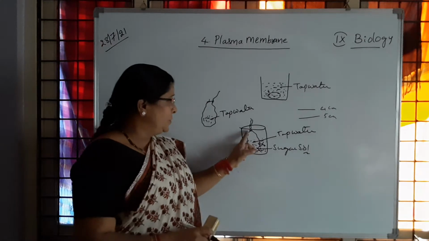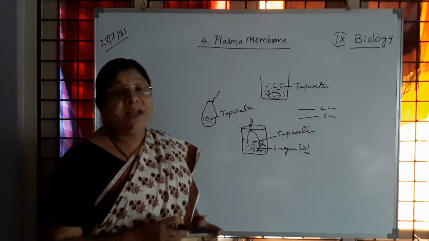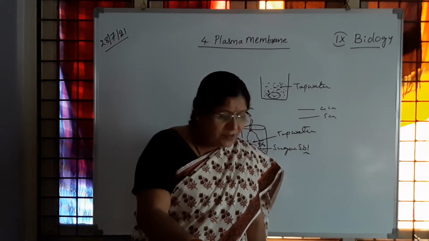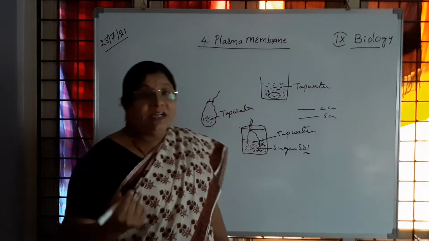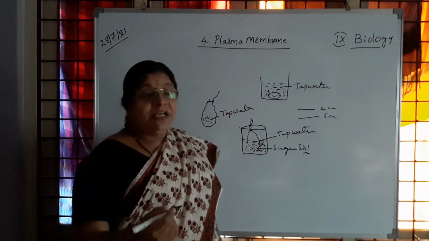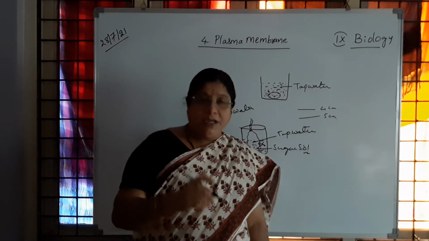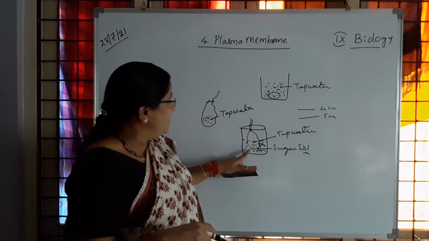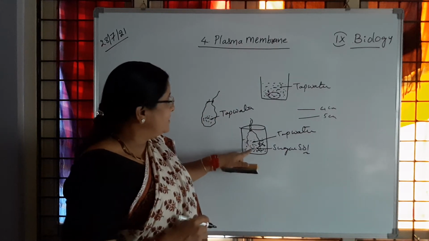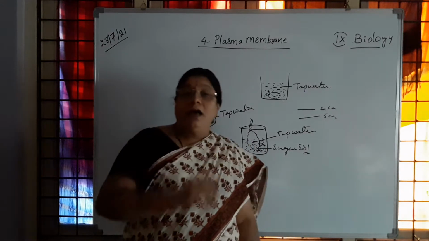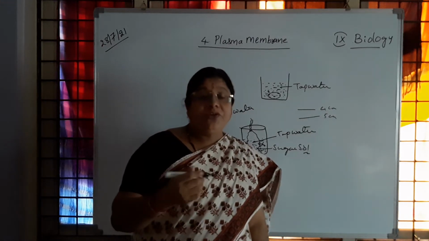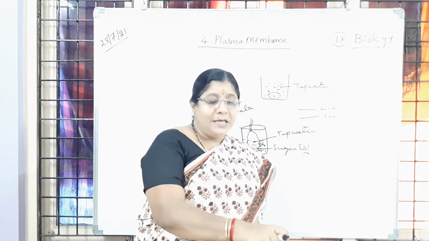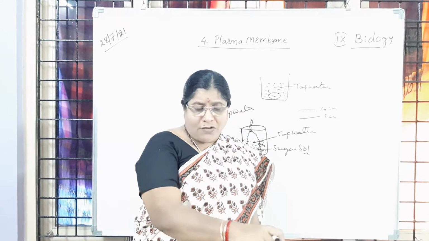How is it happening? Through this membrane, the cell membrane. Okay. So with this activity, what you learn is preparing a semi-permeable membrane, and how water enters when it is kept in the sugar solution, and what is happening to the water present in the beaker and the sugar solution in the cell membrane. So that difference you can observe. In one case the water is leaving, and in another case the water is entering inside. So now what do we call that process?